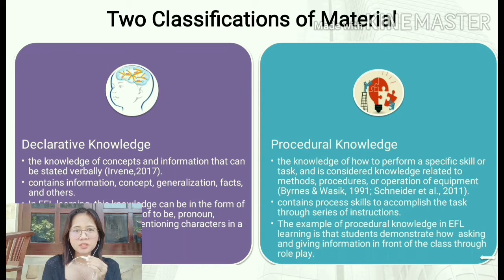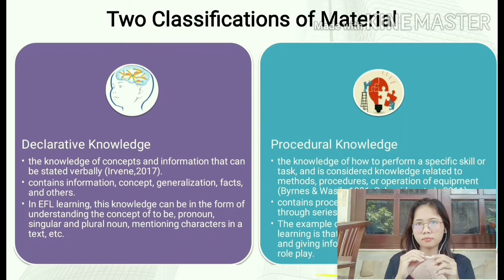The example of procedural knowledge in EFL learning is that students demonstrate how to ask and give information in front of the class through role play. This is equivalent with the revised Bloom's taxonomy, cognitive level 4 to 6, or the implementation of